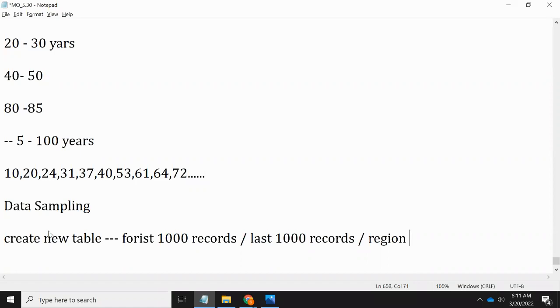If you pick the first 100 records, then what about the others? You will not have records from the others. If you pick only 1,000 records, what about the other records? You are not picking those records when you are testing something, when you are building some query. In this situation, let's say you take a sample based on a location or a region, what about the